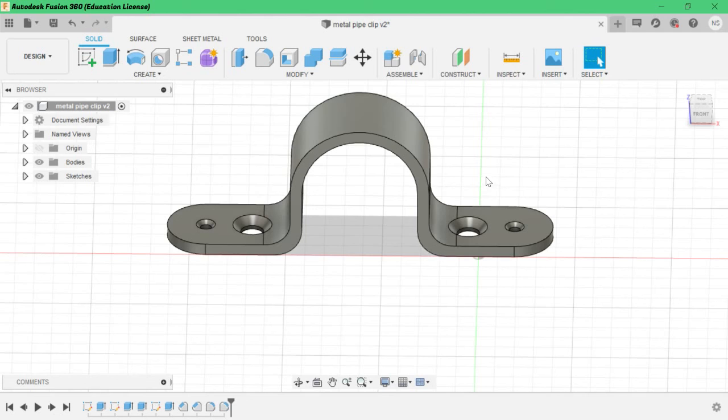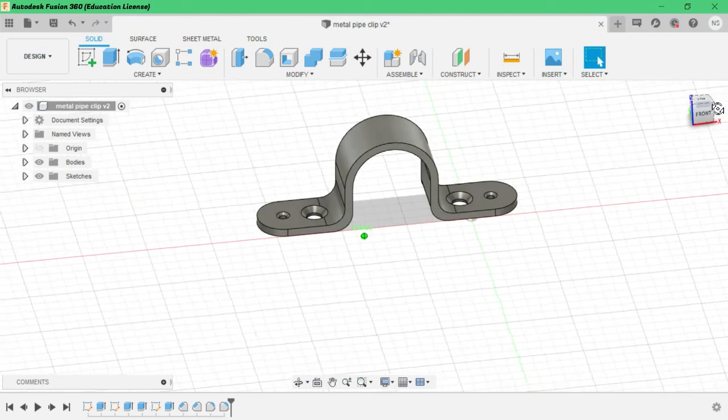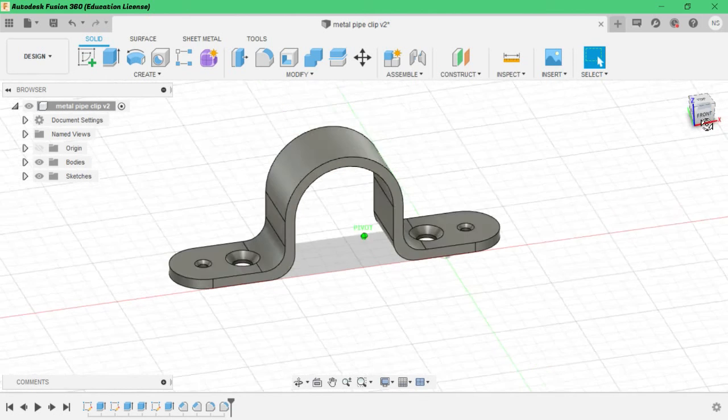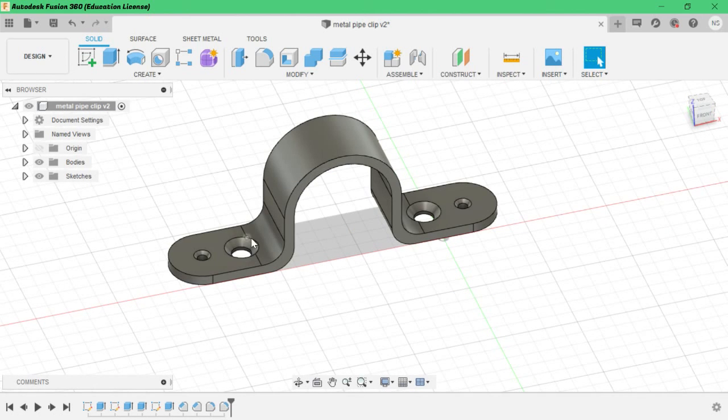Or you can relate both the parameters, like in these parameters we have related these two circles. So if you want to use this whole bracket for a big pipe, you can just change the radius so that all circles will be in a relation, so that whole things will be changed according to those relations.